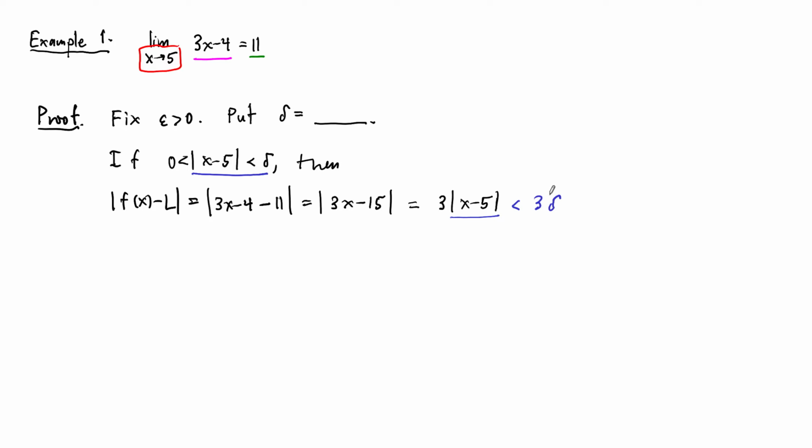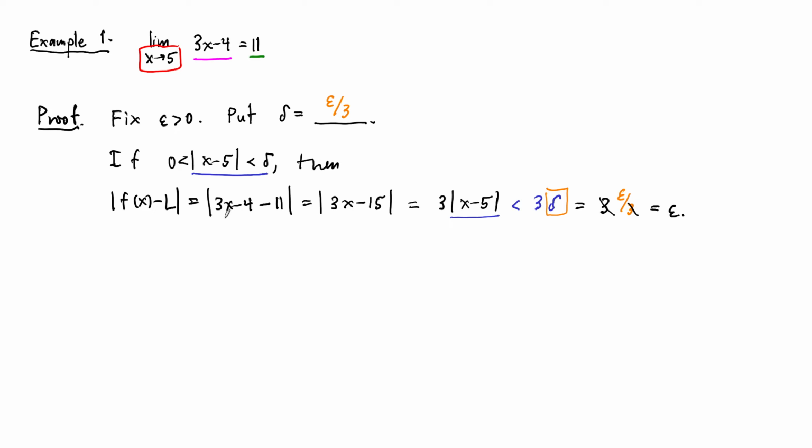Well, now is when we make our choice of delta. So we now set our delta to be equal to, what's it going to be? We want this to just be epsilon, so we have to divide through. We need our delta to be equal to epsilon over 3. Let's see what happens now. So now we have that this is equal to 3 times epsilon over 3, by using this value that we've just set, and of course those cancel, and this is equal to epsilon. All right, so now we've got if x minus 5 is greater than 0 but less than delta,